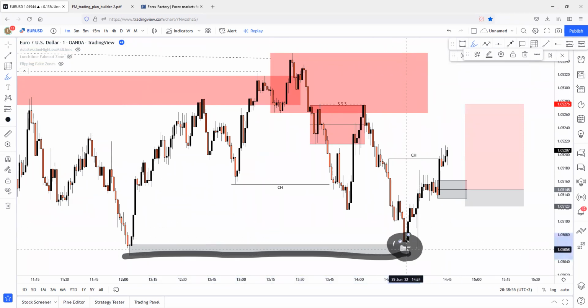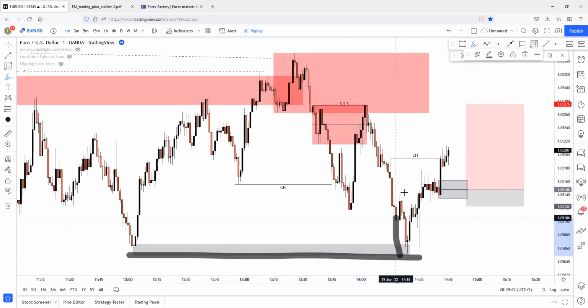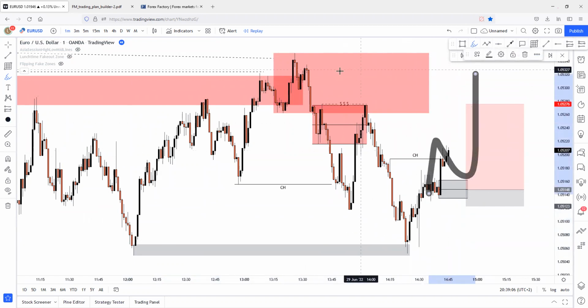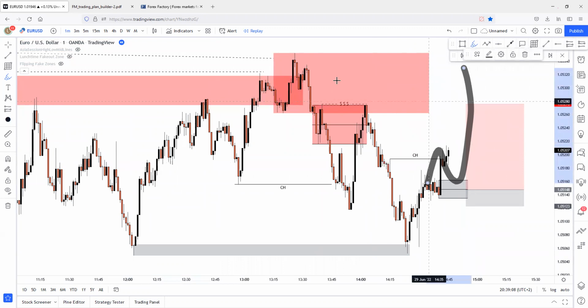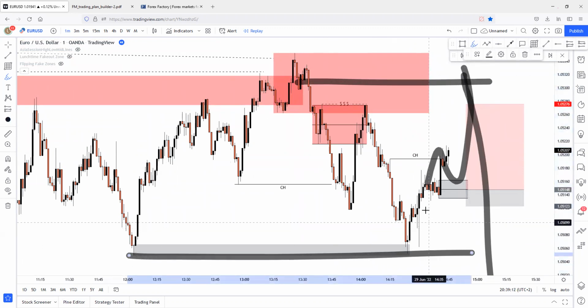Price has shifted order flow at this demand zone. After this demand, the price will just change character here to the upside. But this order flow shift right here and this order flow shift will be liquidity for the main order flow when it's being continued. And if the main order flow is being continued here, this supply zone will be the liquidity to target for us for the main order flow trade.